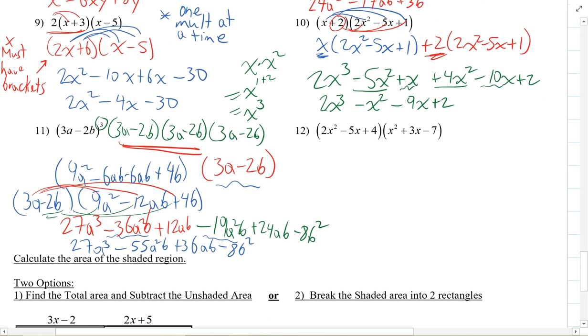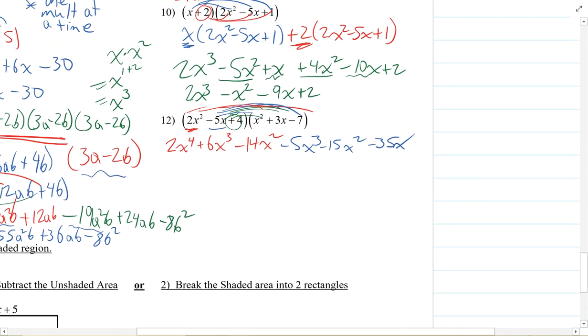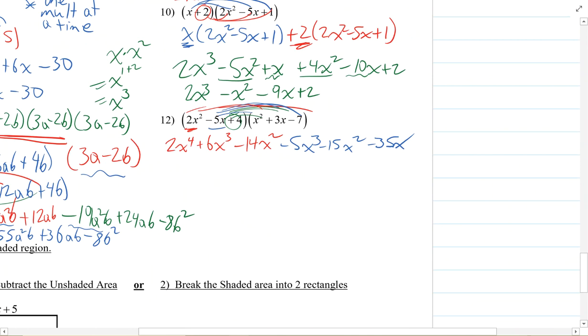So question 12, I will multiply this one in. Boom, boom, boom. I get 2x^4 plus 6x cubed minus 14x squared. Then multiply the middle one in. Boom, boom, boom. We get negative 5x cubed minus 15x squared minus 35x. And then I'm going to multiply the green one in, the last term in. Boom, boom, boom. And I will get